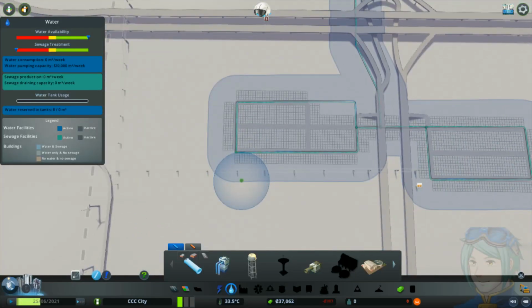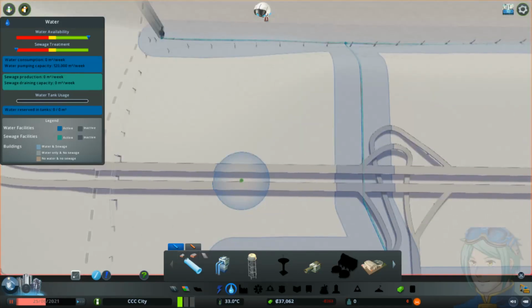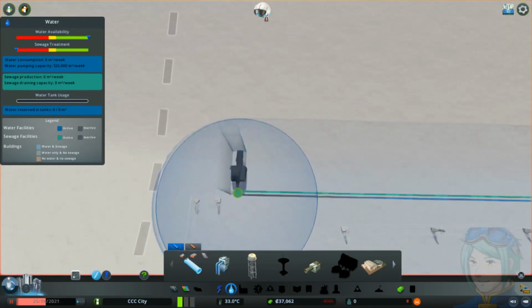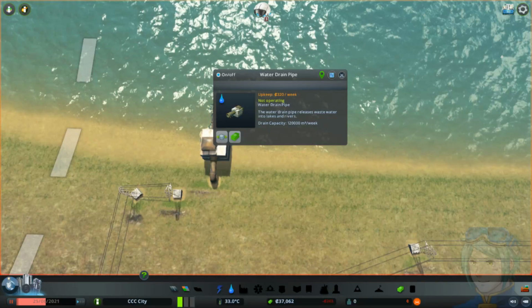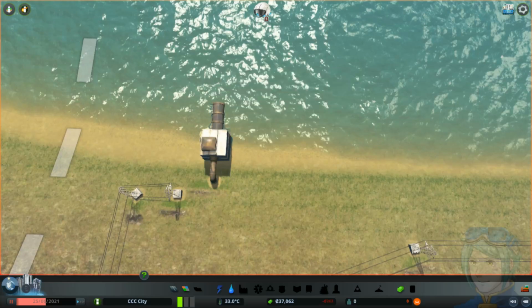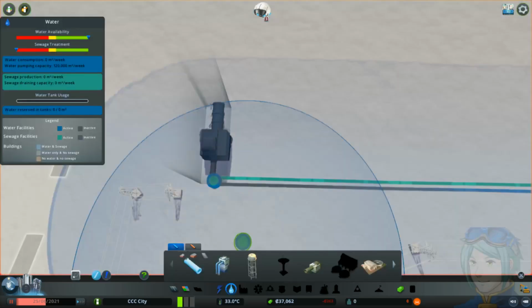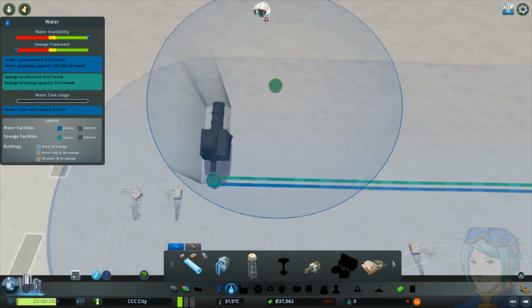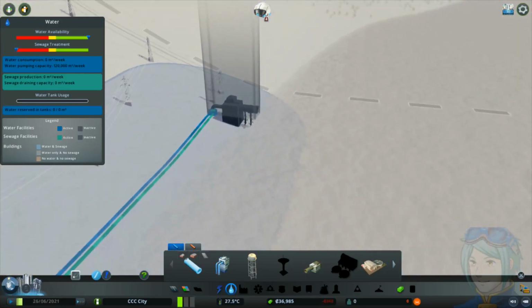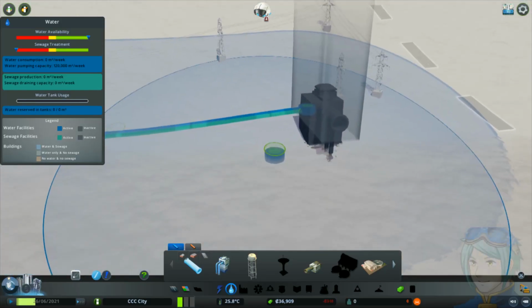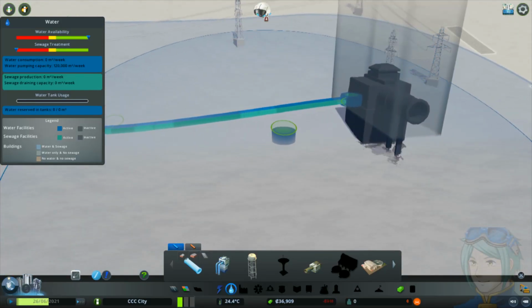Water's powered up. Sewage treatment is still empty. Well, it'll probably start operating when